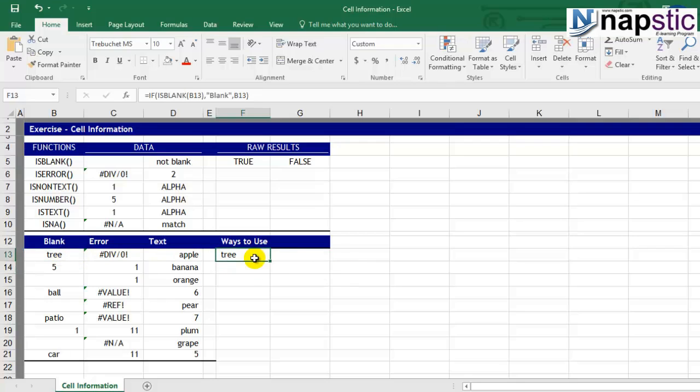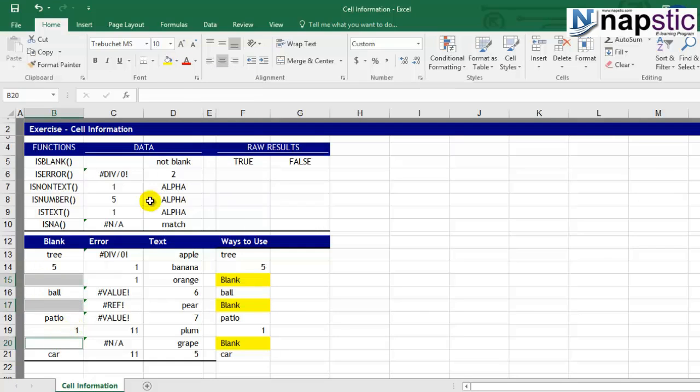So here, since it was not blank, it is now displaying the value inside it. Let's use this formula across and find out what it is. Here it is blank, hence it's showing a blank. Here also it is blank and here as well. So wherever you find a blank, it is now displaying a blank. So basically we have used the IS functions with the cell information functions in order to find out data according to your set of criteria.